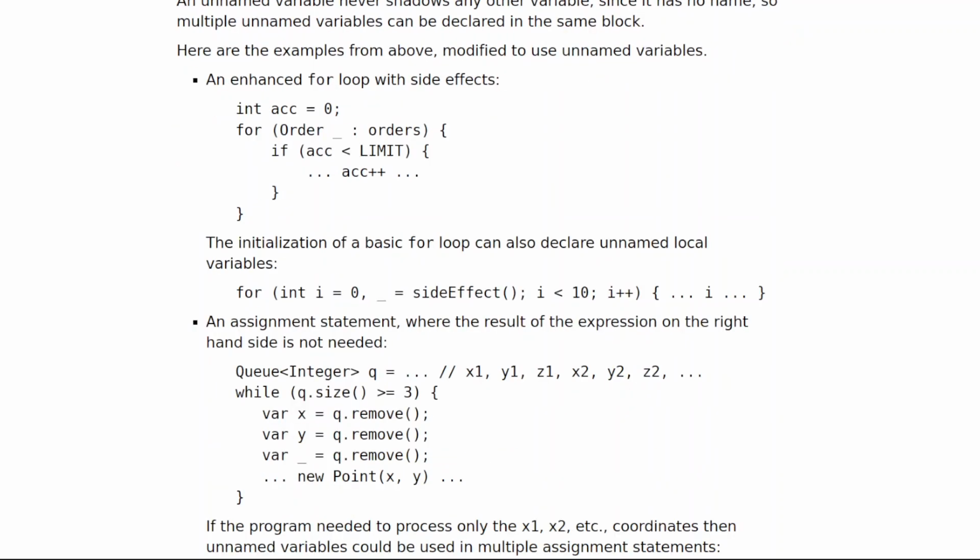1. An enhanced for loop with side effects. int acc = 0; for (Order _ : orders) { if (acc < LIMIT) { ... acc++; } } The initialization of a basic for loop can also declare unnamed local variables. for (int i = 0, _ = sideEffect(); i < 10; i++) { ... i ... }